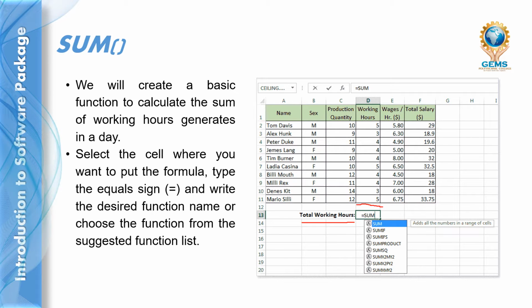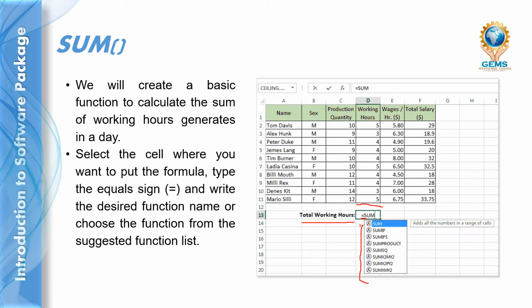First, select the cell where you want to put the formula and type the equal sign, then write the desired function name or choose the function from the suggested list.